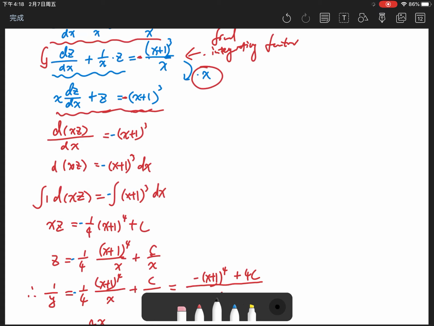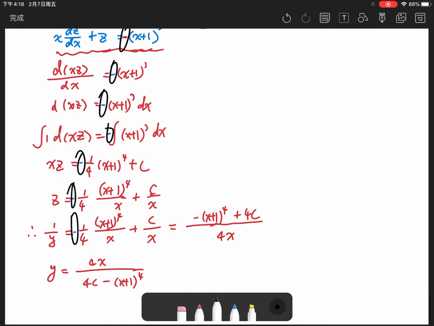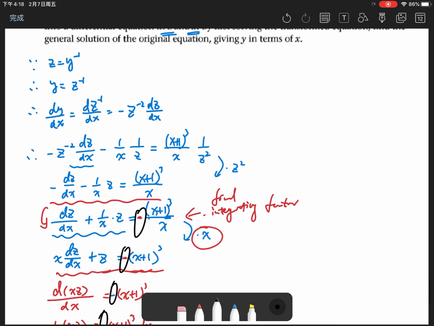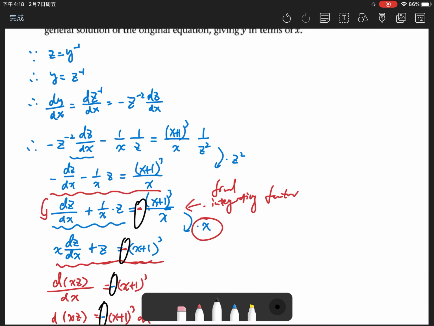Please be aware that just now I made a mistake here. I forgot the negative sign. Please pay attention. Alright, so this is the exercise for